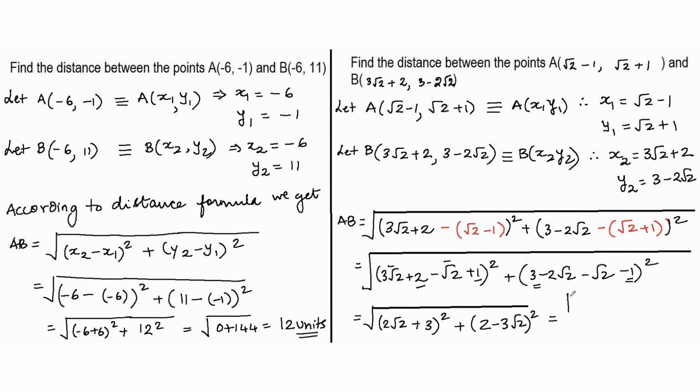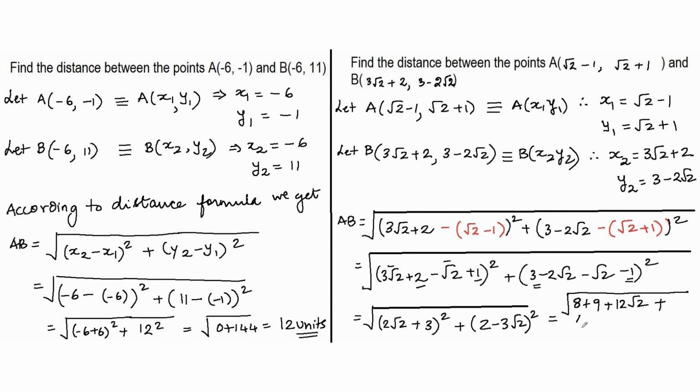So now I can expand this using a plus b the whole square and a minus b the whole square. So 2 root 2 the whole square. 2 square is 4, root 2 square is 2, 4 2s are 8, plus 3 square is 9, plus there's going to be a 2ab term. So 2ab term is going to be plus 2 into 3 is 6, 6 into 2 is 12, plus 12 root 2,